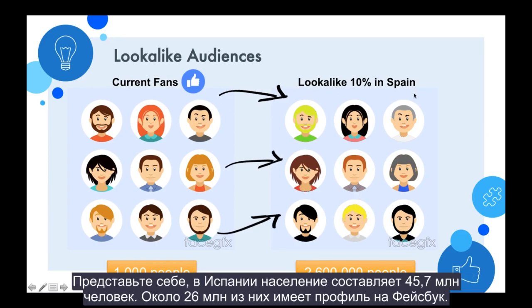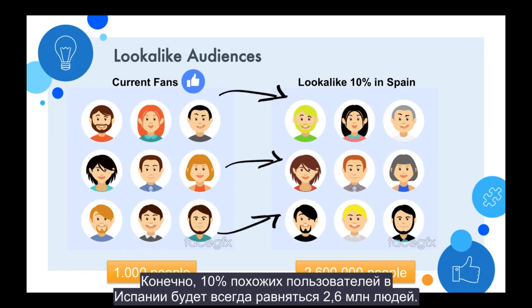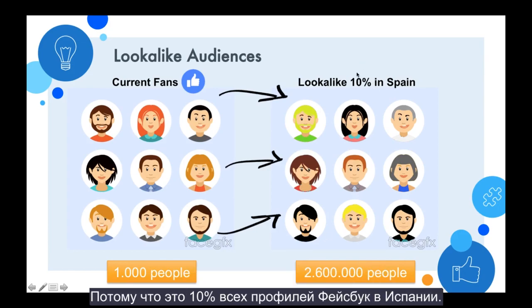So imagine in Spain there are around 46.5 million inhabitants. Out of them, around 26 million have a Facebook profile. So of course the 10% lookalike in Spain will always be 2.6 million people, because it's just 10% of the 26 million